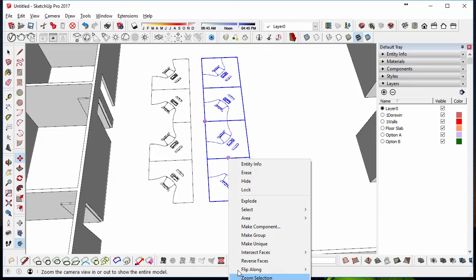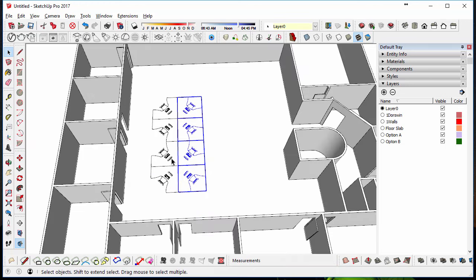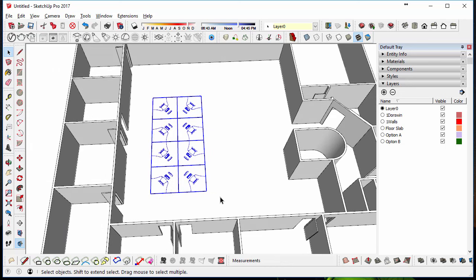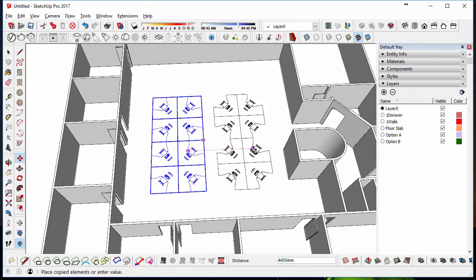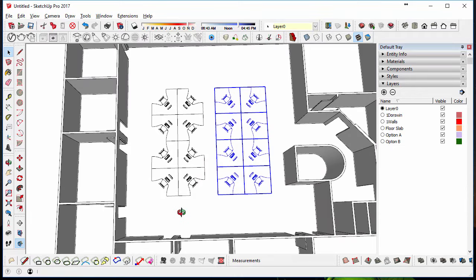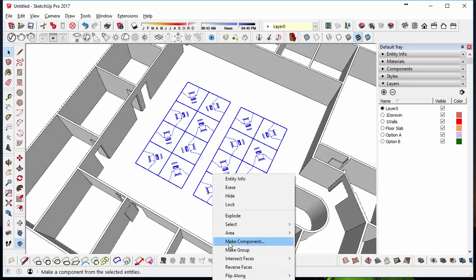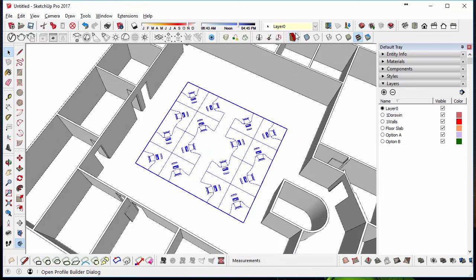Then right click, flip along the red axis and put that back into there. Then I could select all those and move and copy those to the right as well. So I've got a set of 16 disks. I can select them all now, right click on one of them, select make group, and that's now going to